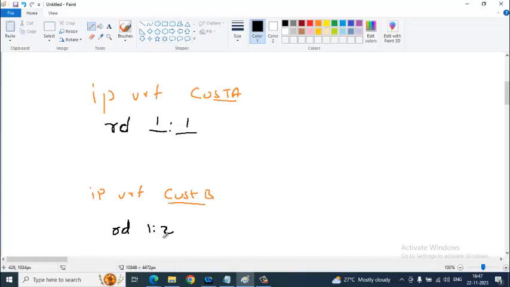Did you get the point? I repeat, route distinguisher should not be same for different customers on the same router. It can be same for different customers on different PE routers. Route distinguishers are local to the customer. The route distinguishers are prepended with the customer's route. For example,